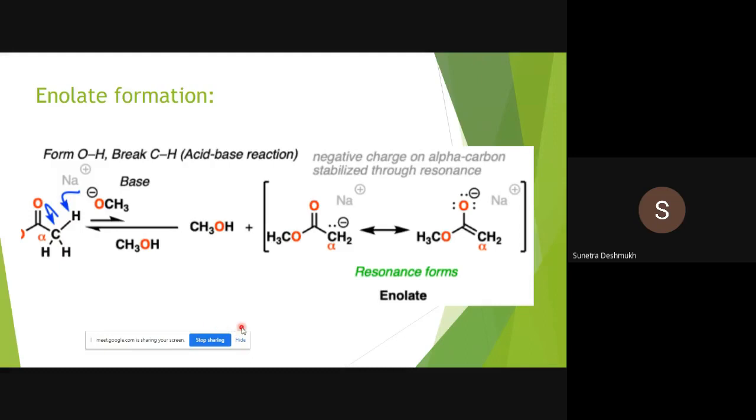So in enolate formation, now how is the enolate forming? We know three hydrogens are present, and the oxide base abstracts one. There is generation of negative charge on the CH2 minus. That one shifts in between the carbon-carbon, and the negative charge is placed on the oxygen atom. So in the resonance form, this is nothing but the enolate. Now we are going to see what the Z enolate is.